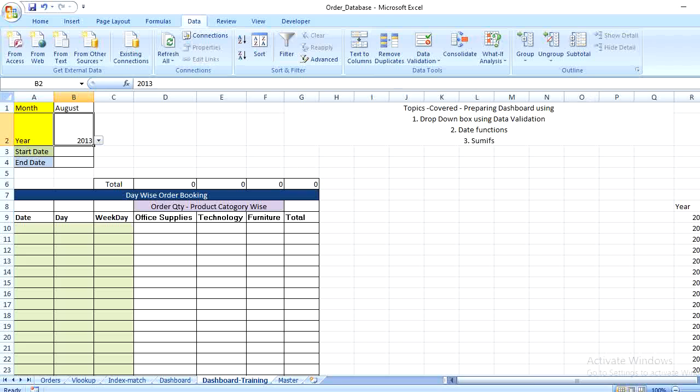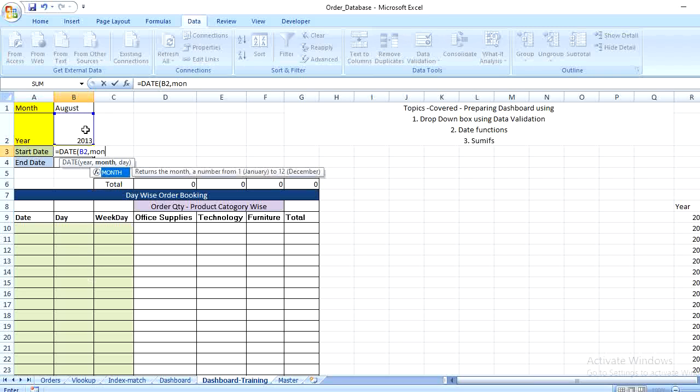Now I need to get the start date of the particular month I'm selecting, for which I'm applying a function called DATE. I have to select the respective year and month. Since I need the month as an integer but I have a string value, I can't use it directly.